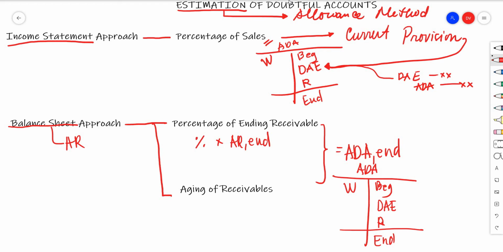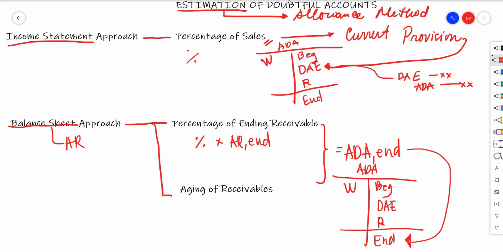And by the way, you will know this because the problem indicates that the doubtful accounts is estimated as a percentage of receivable or aging of receivable. In both cases, when you multiply the percentage to the receivable, what you get is only the ending. Okay? So, to summarize, if it's the income statement approach, you will determine that because the problem will say the percentage is